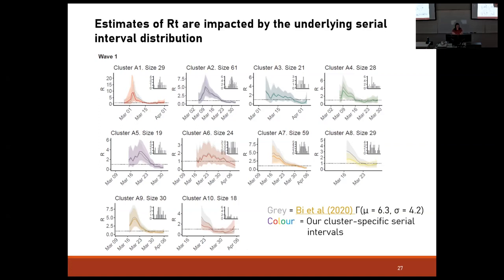So, you know, this literature-based estimate here was for wild-type SARS-CoV-2, as are our estimates. I think that this is an indication, maybe, that if we were to use a serial interval estimate from 2020 for Omicron, then we might see a bigger difference in these serial intervals. And that's something we're looking to check now.